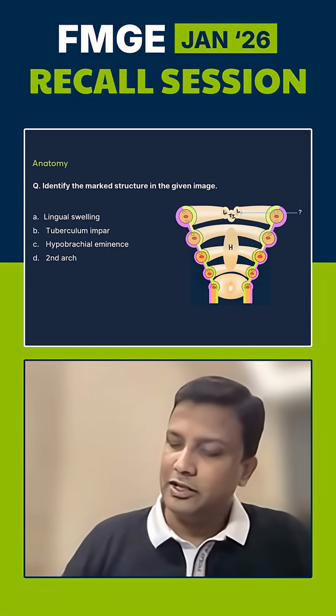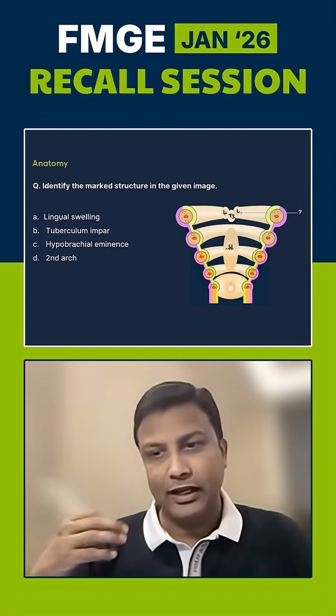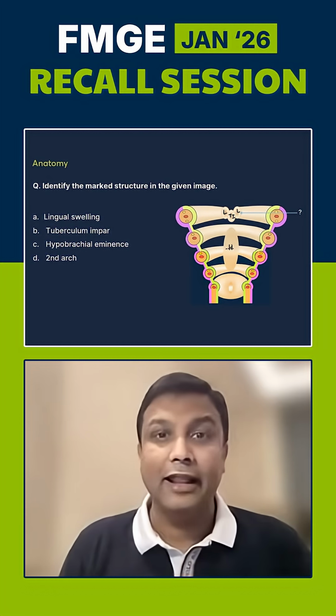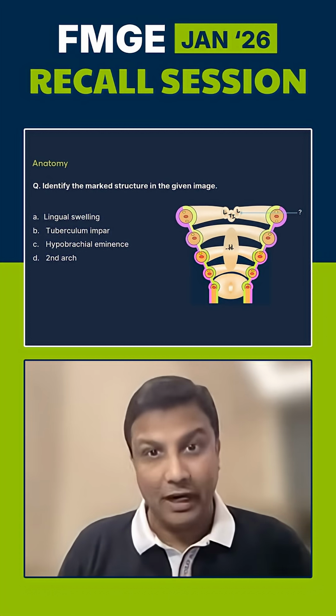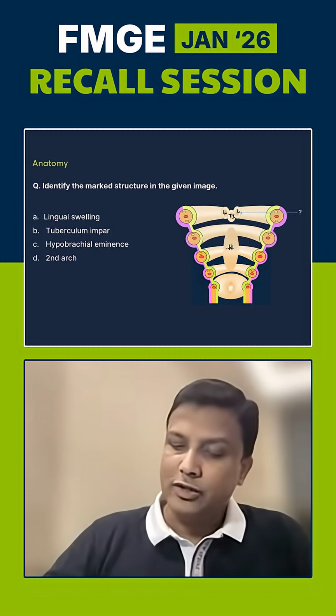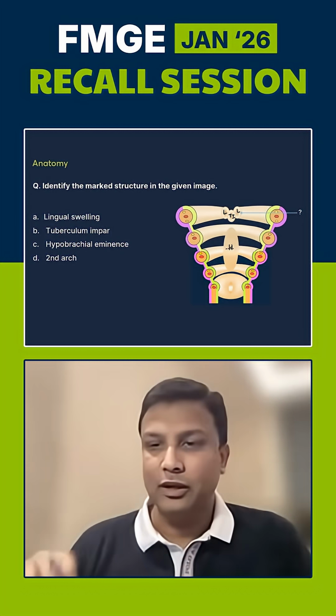Basically, this hypobranchial eminence again divides into two parts. One will be the cranial part, another one will be the caudal part. Now what is going to happen, these lingual swellings and this tuberculum impar, all of them